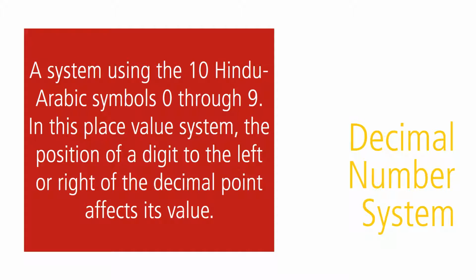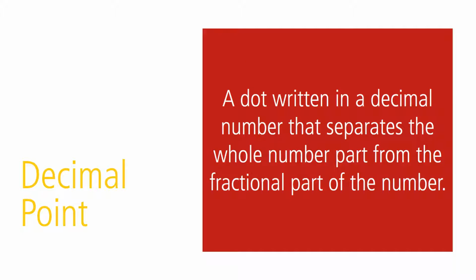The number system widely used in the world today is known as the Hindu-Arabic numeral system, or decimal number system. This system is far superior to any other for today's complex business calculations. The decimal system is based on tens, with the starting point marked by a dot known as the decimal point. The decimal system uses the 10 familiar Hindu-Arabic symbols or digits 0, 1, 2, 3, 4, 5, 6, 7, 8,